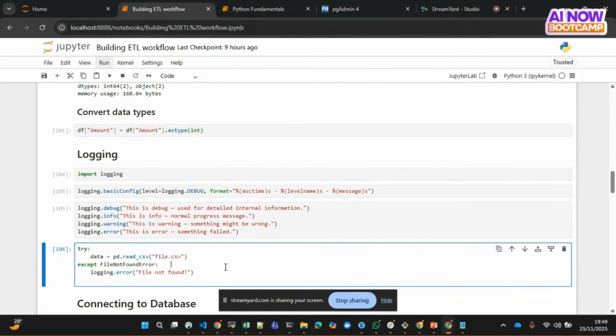picking up the except with the logging.info of what exactly occurred. So in this case, I think I set it to logging.error because I want to see the type of error that occurred and how to fix it from there. So we're not really going to go too deep into this because we are going to still do a proper workflow just down the